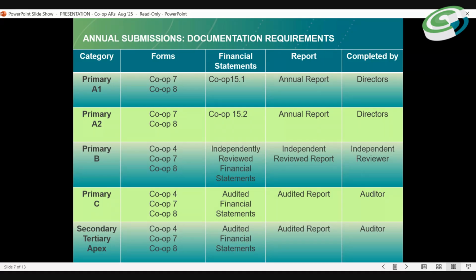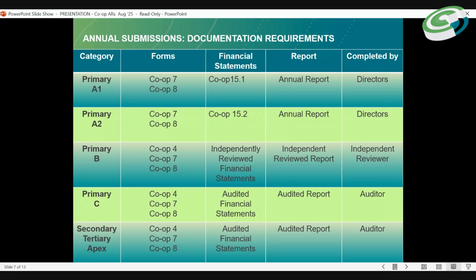The 15.1 is the financial statements. And these documents are also available on the CIPC website. If you do not know how to go about it, we've got templates that you can use on the CIPC website.